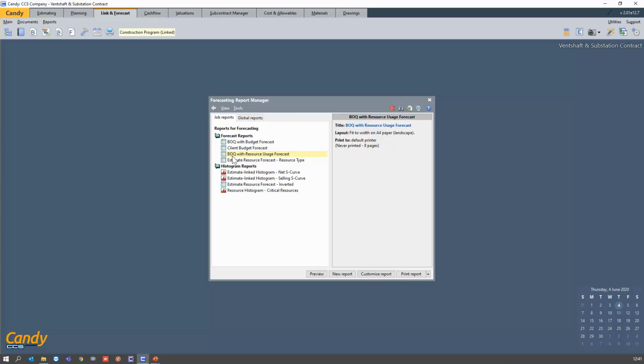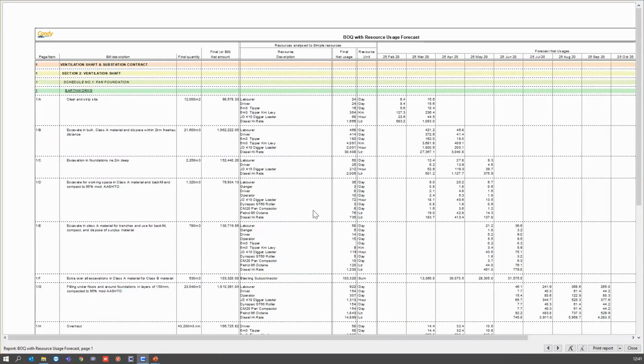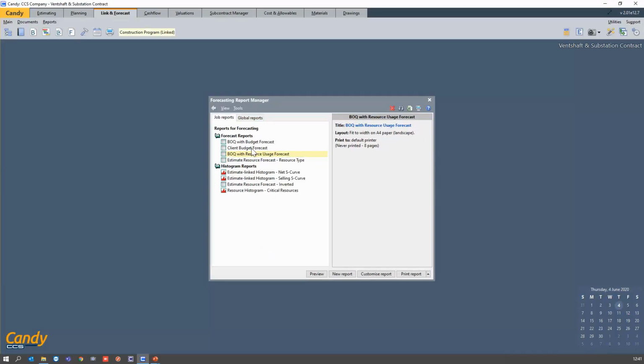Okay, we also had the BOQ with resource usage forecast. Sorry about that. And as you can see, I have analyzed it to a simple resource, final quantities, and you can see the spread accordingly. What I would like to show you here is how you would do it to analyze it